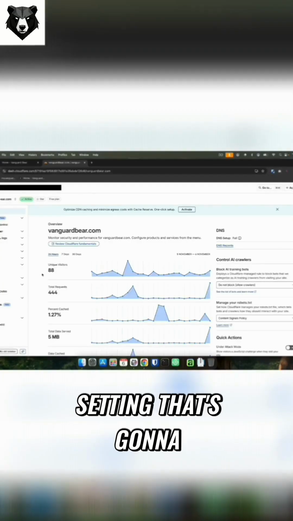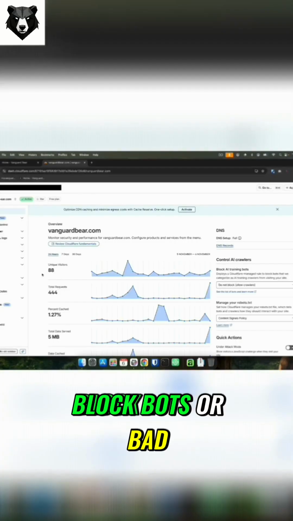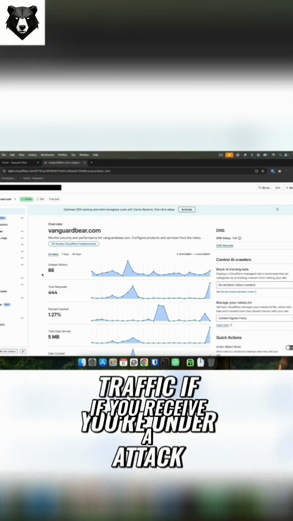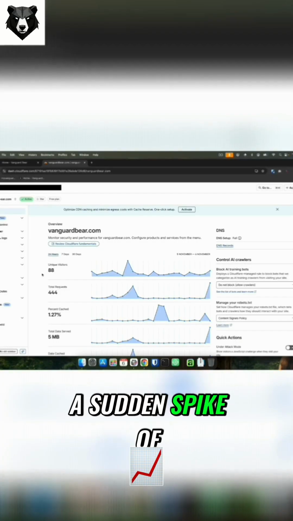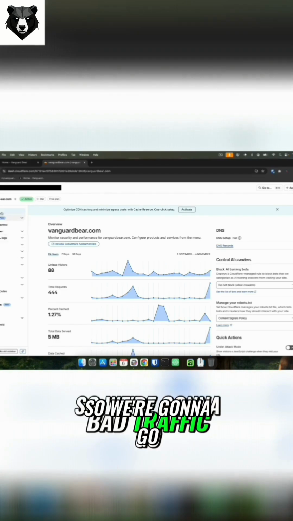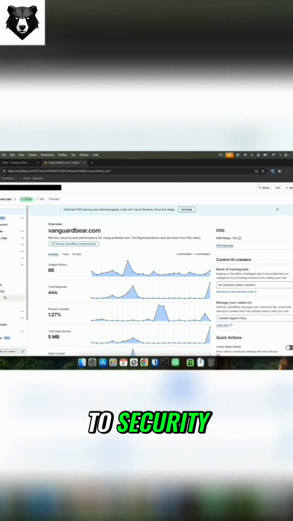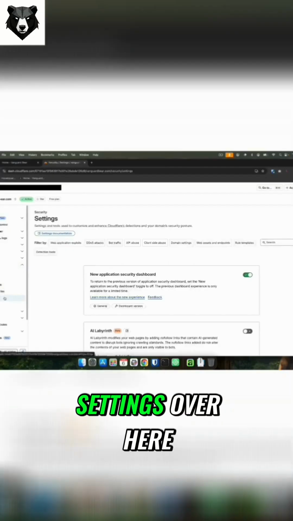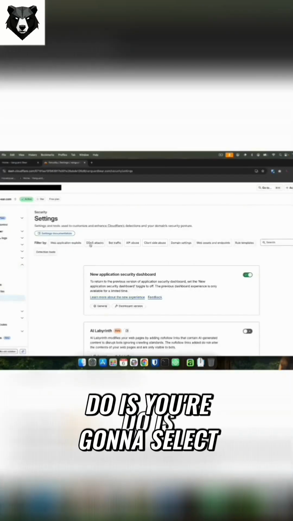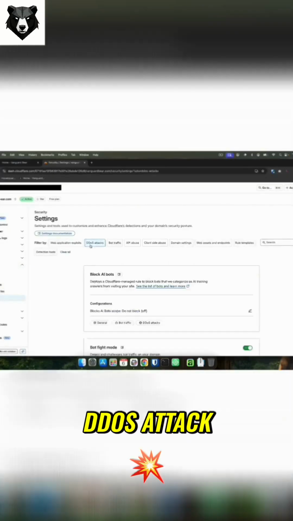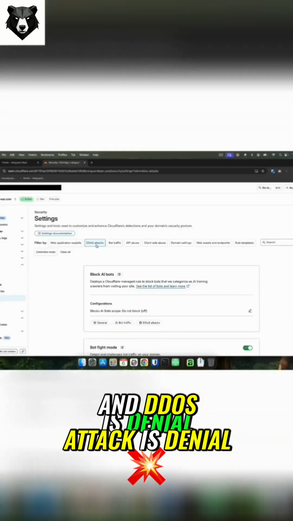So let's get on with what I want to show you, which is how you can turn on a setting that's gonna block bots of bad traffic if you're under attack, if you receive a sudden spike of bad traffic. So we're gonna go over here and select the domain, and we're gonna go to Security. We're gonna go to Settings over here, and what you're gonna do is select DDoS attack, and DDoS attack is denial